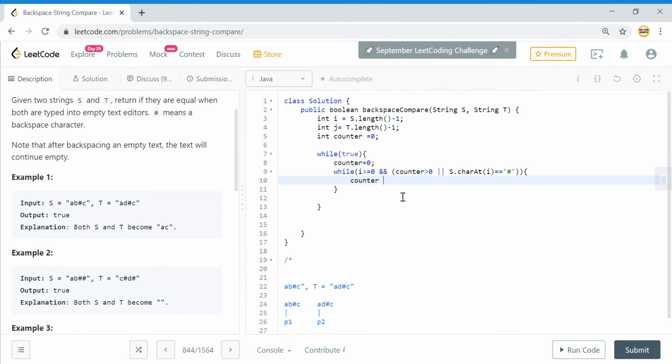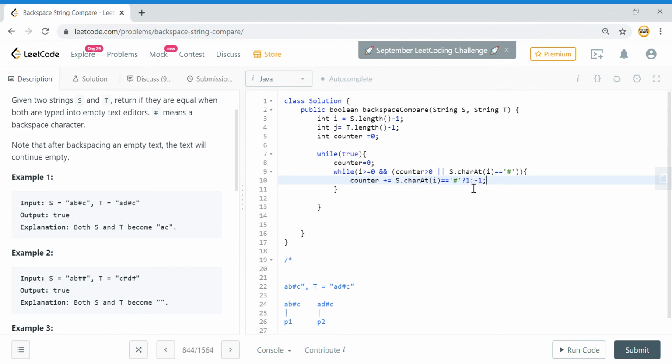If I encounter a hash, at that time I need to increment my counter. If it is not a hash but an alphabet, in that situation I need to decrement my counter, right? So I will say if this is equal to hash, in this particular case my value will be equal to 1, otherwise it will be equal to -1.